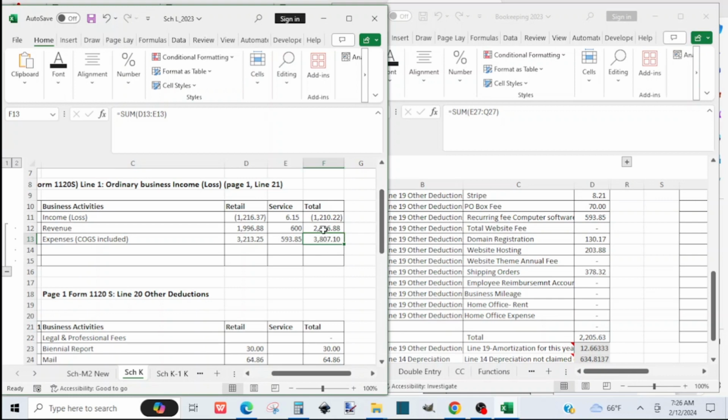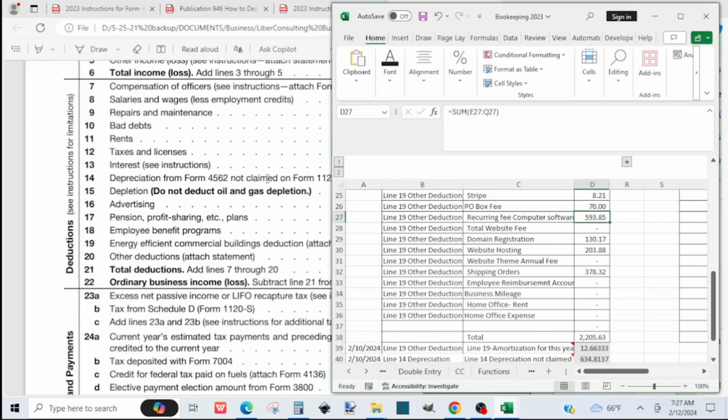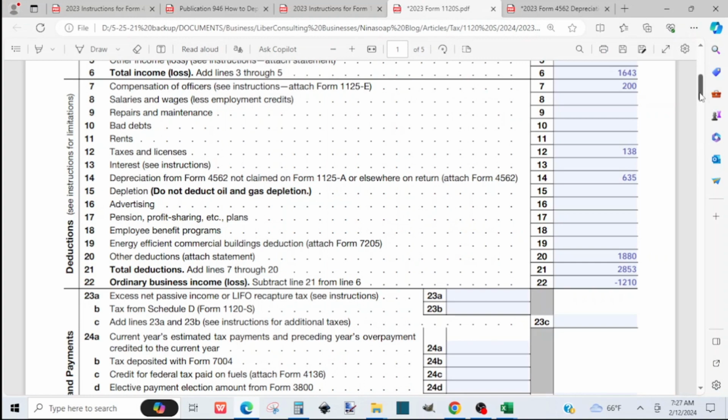profit. So the gross receipts, the expenses, and we can see the loss that was on the tax form, which was 1210 there. Now that we have the attachment for Schedule K, we will create the attachment for Schedule K-1 as well. So how do you complete Schedule K-1 for Form